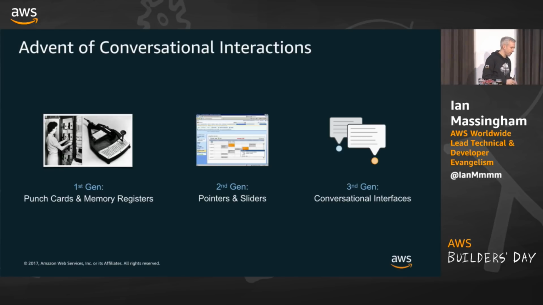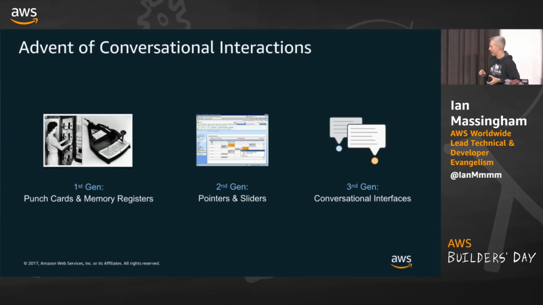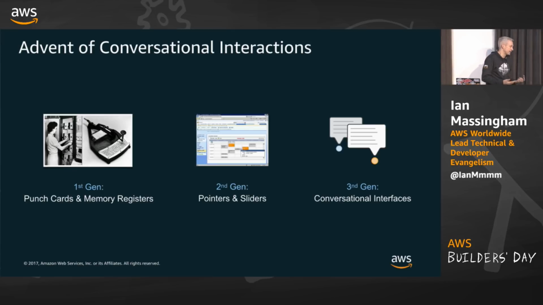This first generation of computing interfaces, I like to describe it as the original asynchronous programming model. Not asynchronous because we're using callbacks, asynchronous because you give somebody your punch cards, they take them away, they run them on a machine somewhere, and then a few hours or days later they come back with the results. Okay, that's real asynchronous programming. And of course what we're talking about here is really mainframes, batch processing, simplistic algorithms that are used for data processing. Really at this stage computing was not accessible.